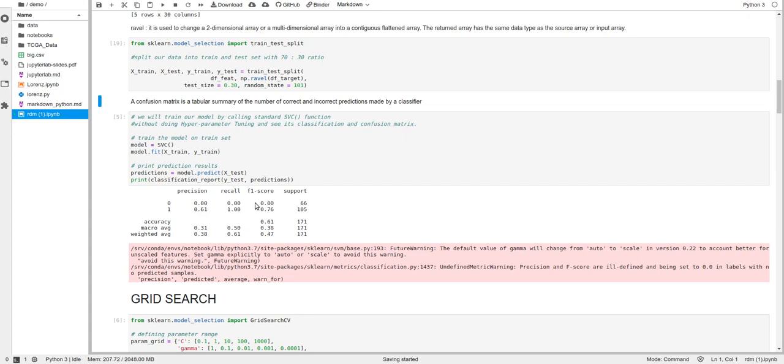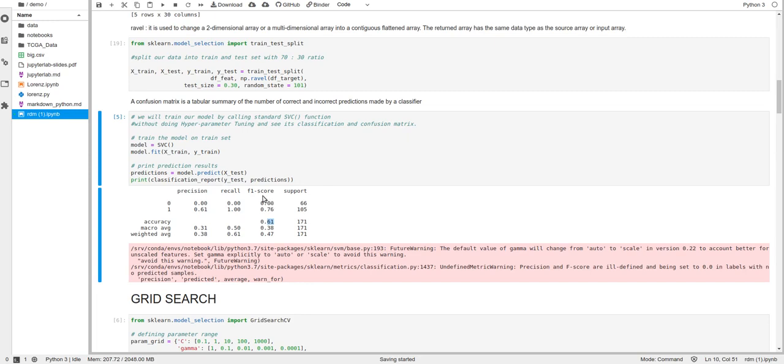Now here we can see the accuracy level. This will give us the accuracy level, which is 0.61, which is very poor, right? Now here we can see the precision, recall and F1 score for class 0 is 0 for all.